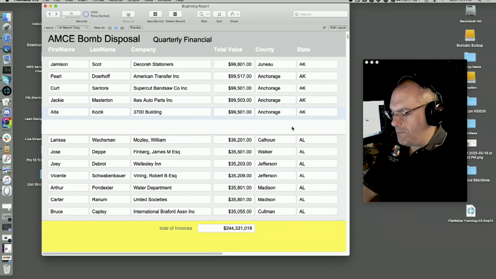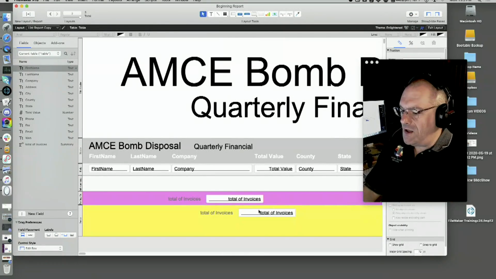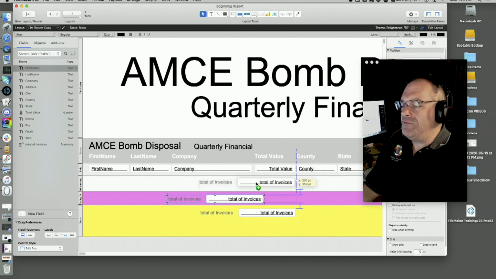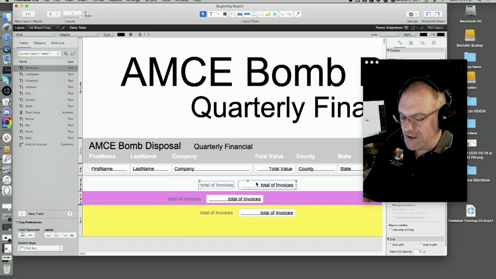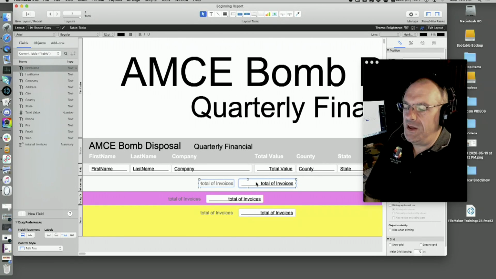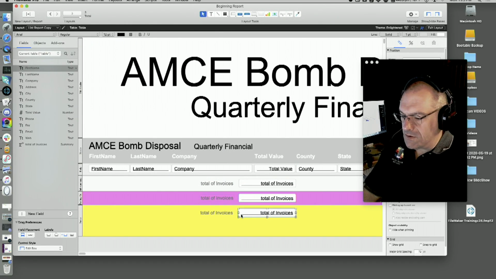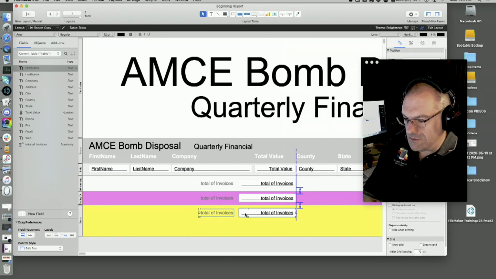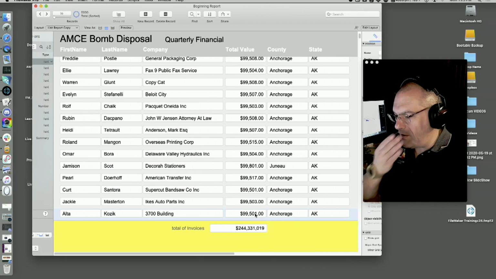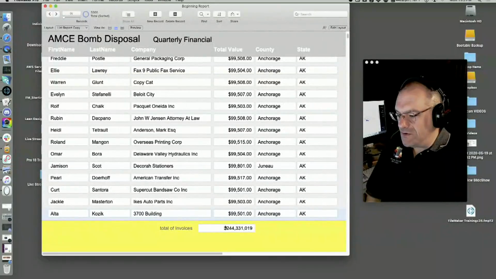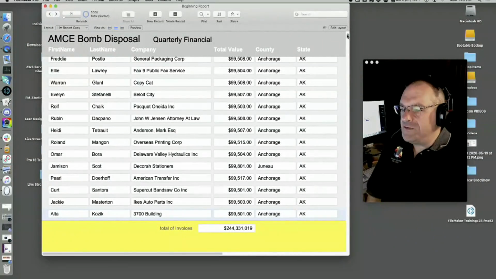But what we can do, we go back to layout mode. And then I can take the summary field that we created. And what's interesting about a summary field is that they do different things based upon the body part they're in. They behave differently. Once again, FileMaker in most situations cares about context, right? So I'm going to line these up so they look a little nicer. And I'm going to go back to browse mode. And what you're going to see, now you see it's still at the bottom, right? And we're at the top up here, right?